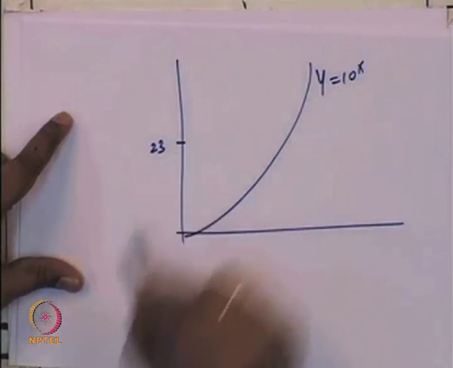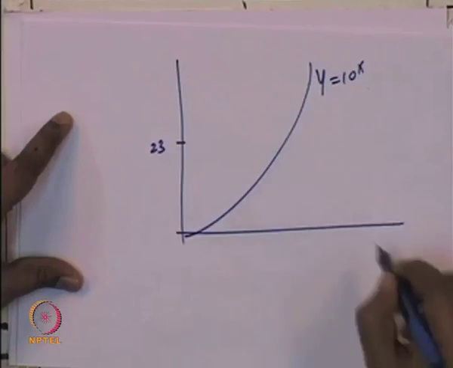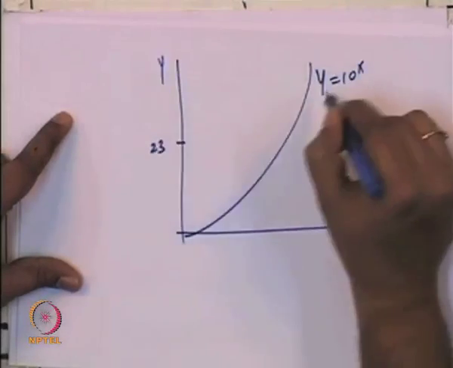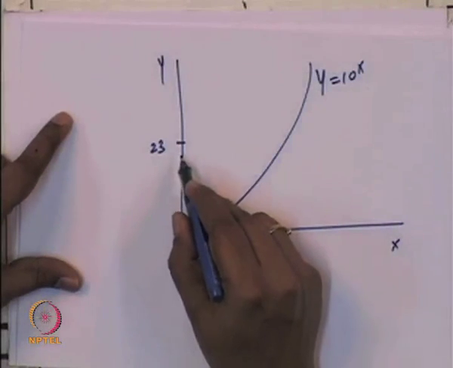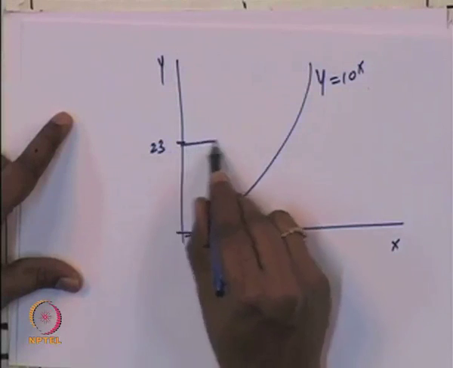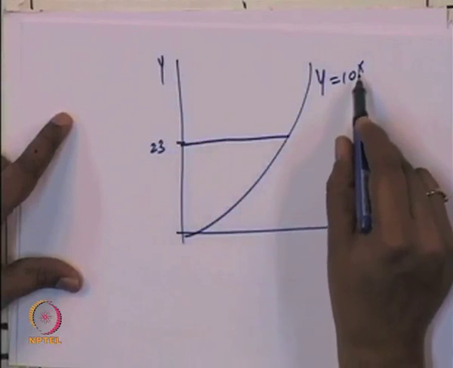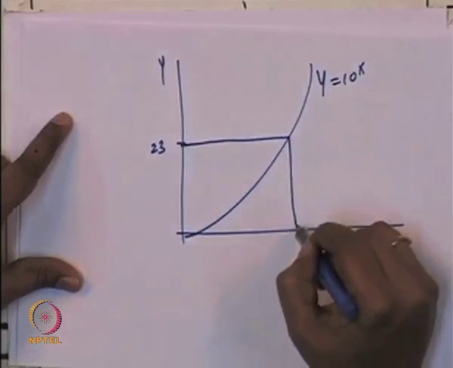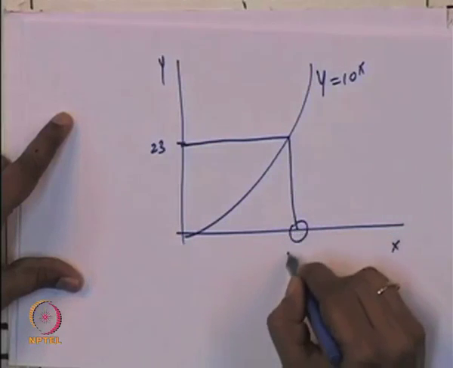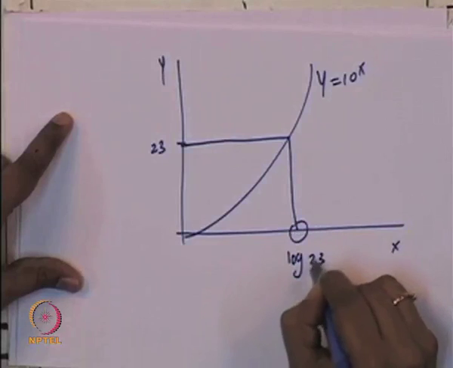If you want to calculate the log of 23, so this is x, this is y, and this curve is y equal to 10 power x. Draw a line, and wherever it hits the 10 power x curve, bring it down, and this value is